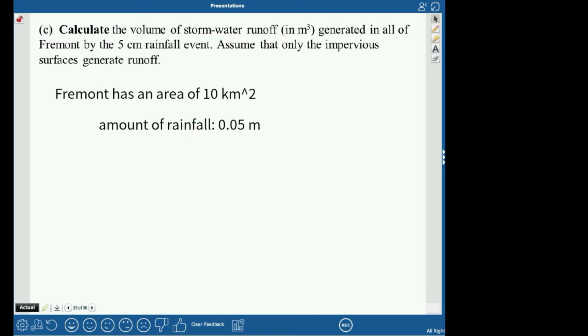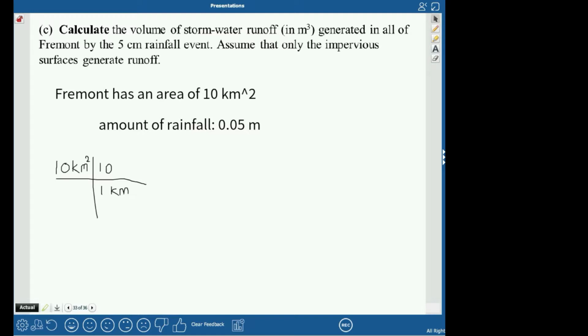So for this one, what they're going to want you to do is switch these kilometers into meters. So let me try and use a pencil. It's going to be really messy, but it might make it easier to understand. So for this one, because we have kilometers squared, if you're really good at math, you can do it all in one step. I am not. I know that I'm bad at math, so I try and be careful with my math.